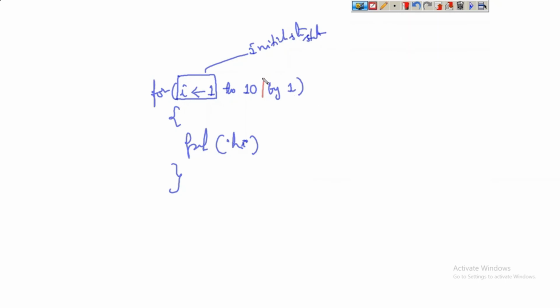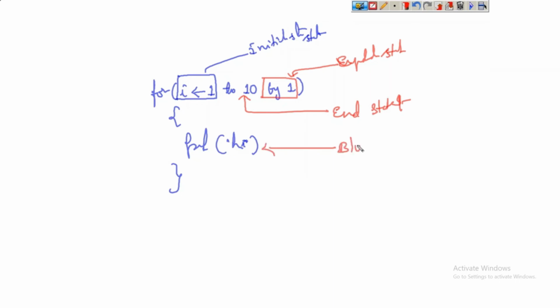And how many times will this updation statement be executed? And how many times will this end statement, the termination statement, be executed? And how many times will this block be executed? We can have any number of statements here, not just one.